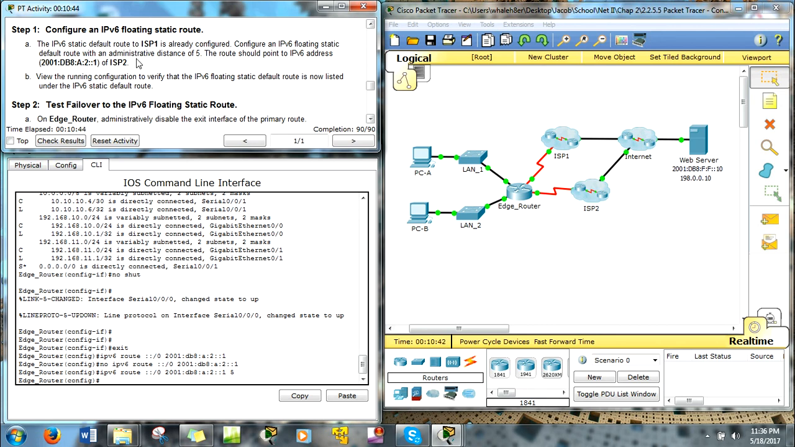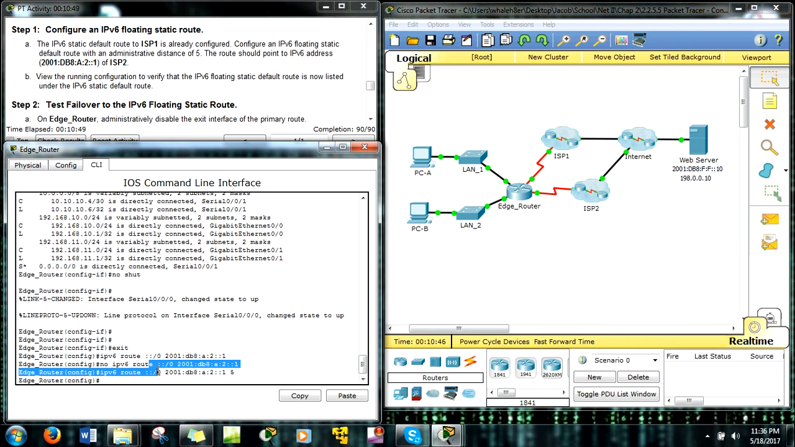Okay, view the running configuration. So let's do that again. So that is do